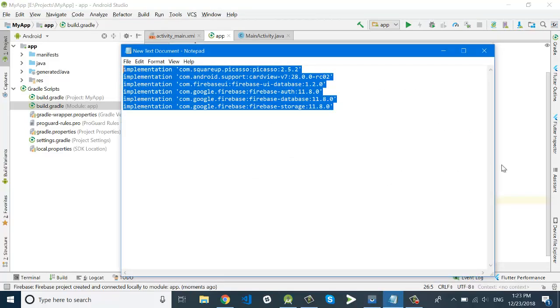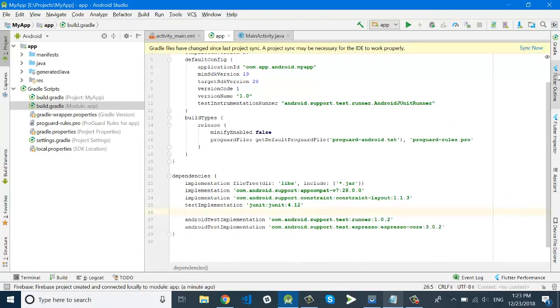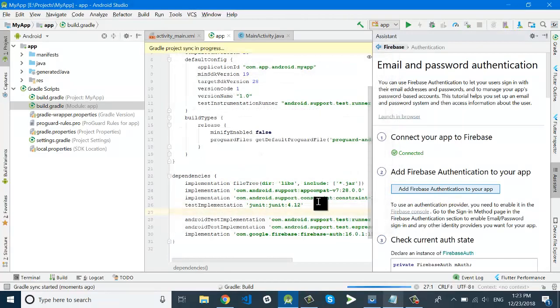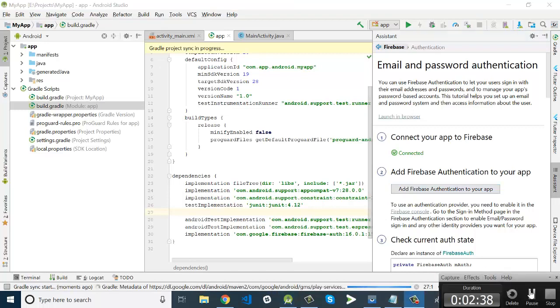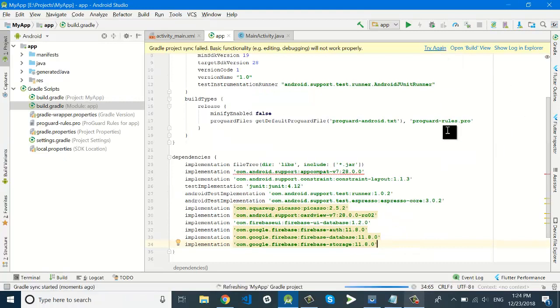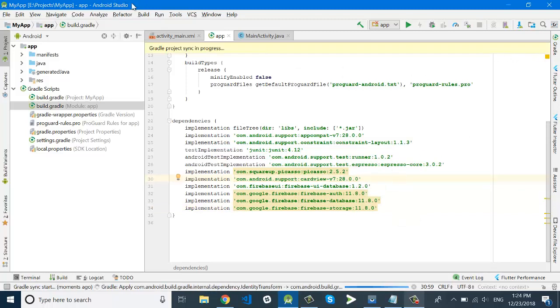You have to add these dependencies in the Gradle build file, and this is the Firebase authentication. I think I should add from there, and you can see the dependency of the authentication. So I will replace this dependency with these dependencies I have copied from the notepad file. Okay, so this is